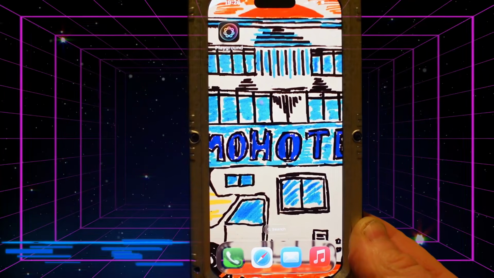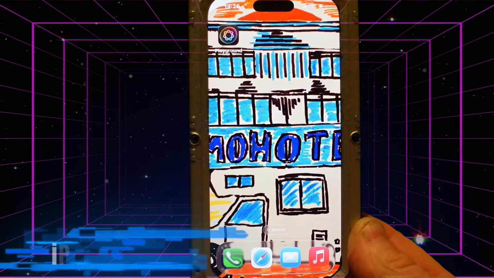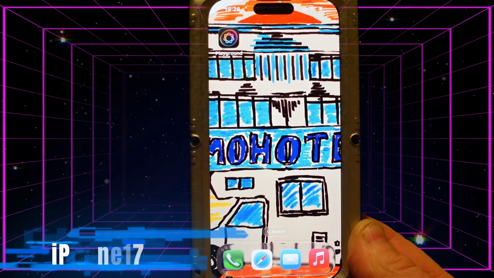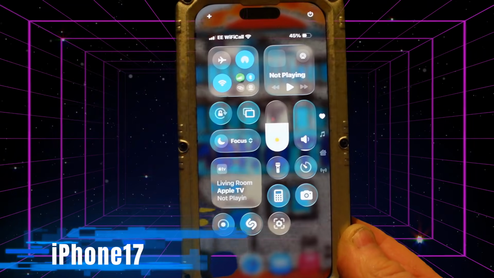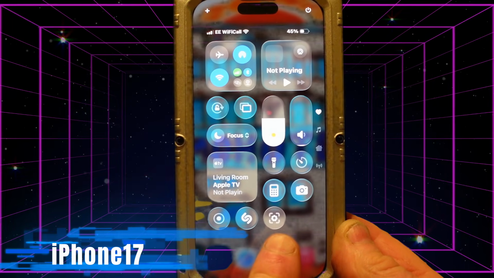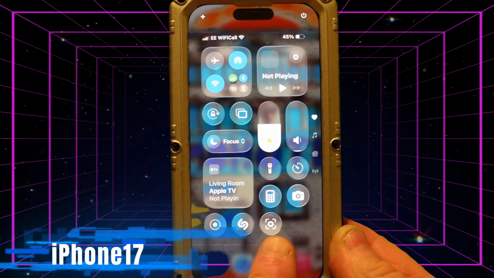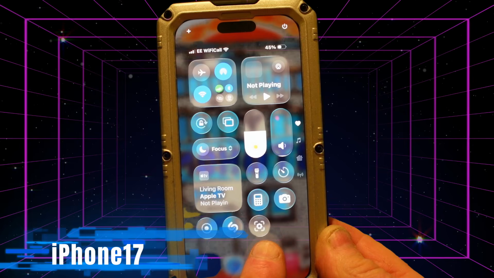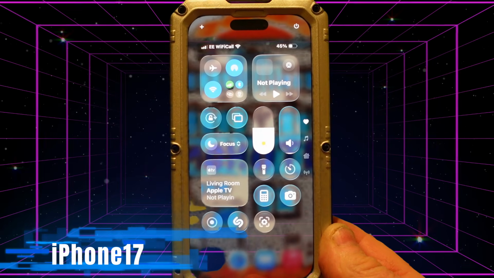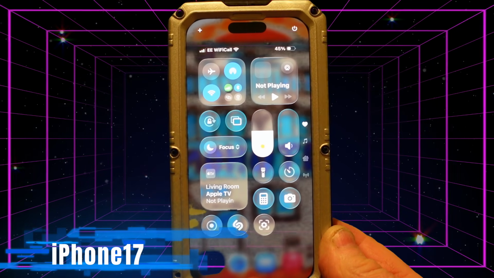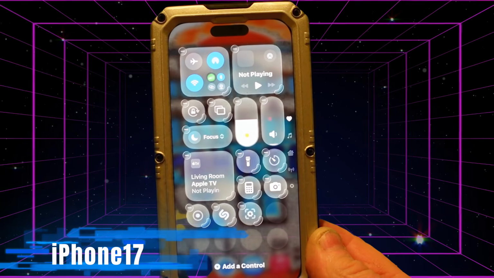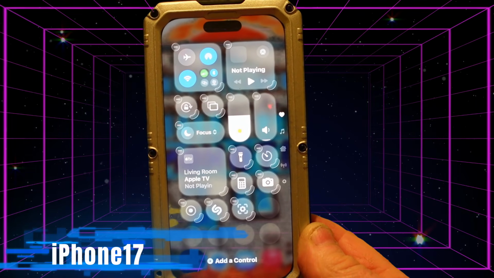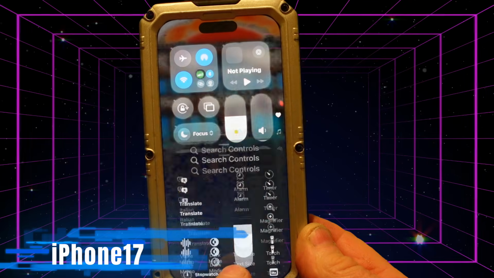So the next step is to add the visual intelligence app to your dashboard. So I'm just going to pull down my dashboard, and as you can see down at the bottom of my dashboard there is the app already installed. So if you have not got that app installed on the dashboard, all you need to do is hit the plus sign at the top of the screen,